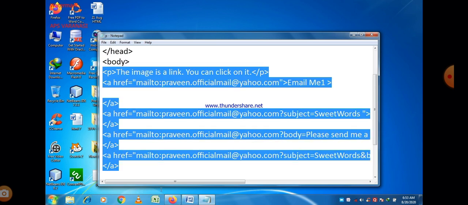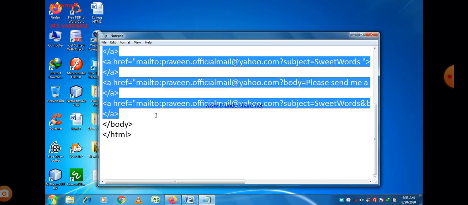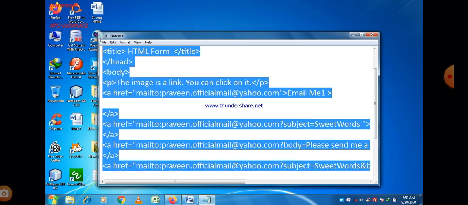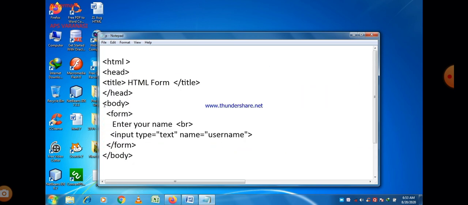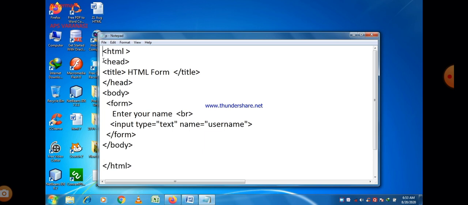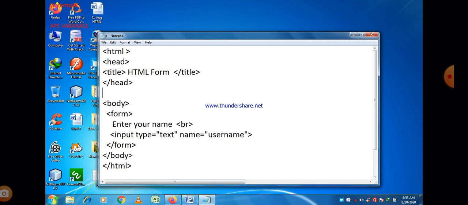I just made some changes to save our time. HTML, head, title are already given, so we just write after that. The main part of the program begins from the body tag. So that is our program, and let us execute it and check the output.